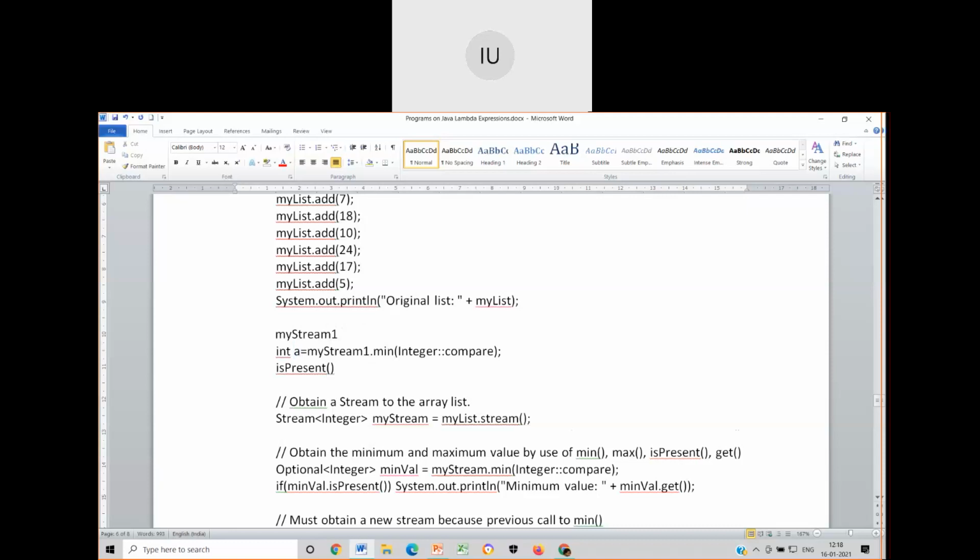Now what I will do is write isPresent with reference to this a. Whether it is present or not. I have found the minimum value is this, but is it present or not? Only when it is present will I print it, otherwise it will return false. Okay, this is what you are asking, Varshini.